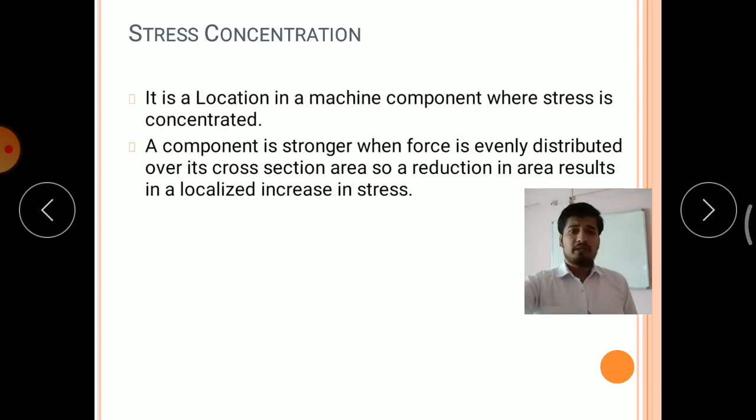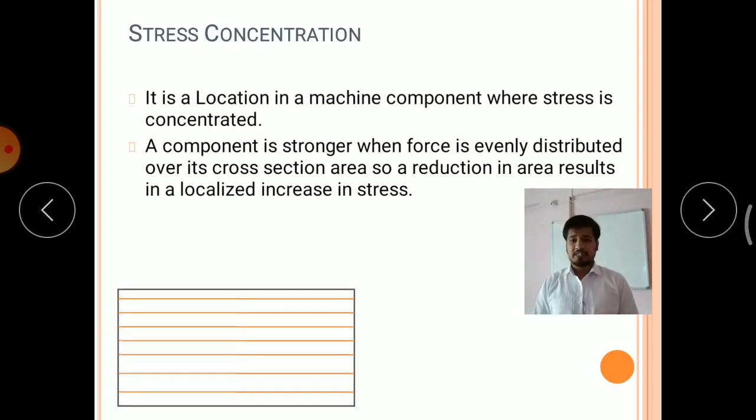Now we will see the diagram of stress concentration. Consider this is a metal plate, and the red lines indicate stress when the external force is applied at its ends. Here you have to consider that the tensile force is applied at both ends in the pull direction, and due to that force stresses are produced inside the material, which are represented by the red lines. These stresses are evenly distributed throughout the section. Therefore the material is capable of carrying that load in this example.